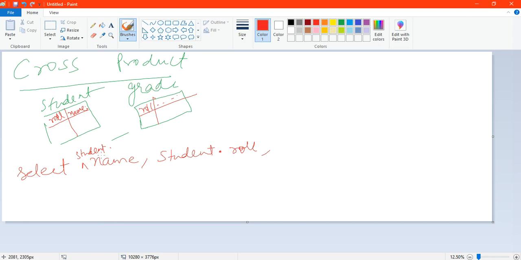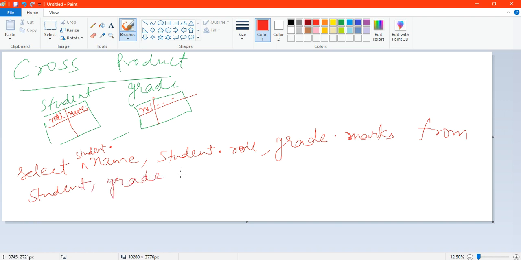But if you want to be specific, you can write student.name, meaning from the student table take the name column, from the student table take the roll column, and from the grade table take, let's say, the marks column. Now take all these columns from two tables. The first table is student, comma, the second table is grade.